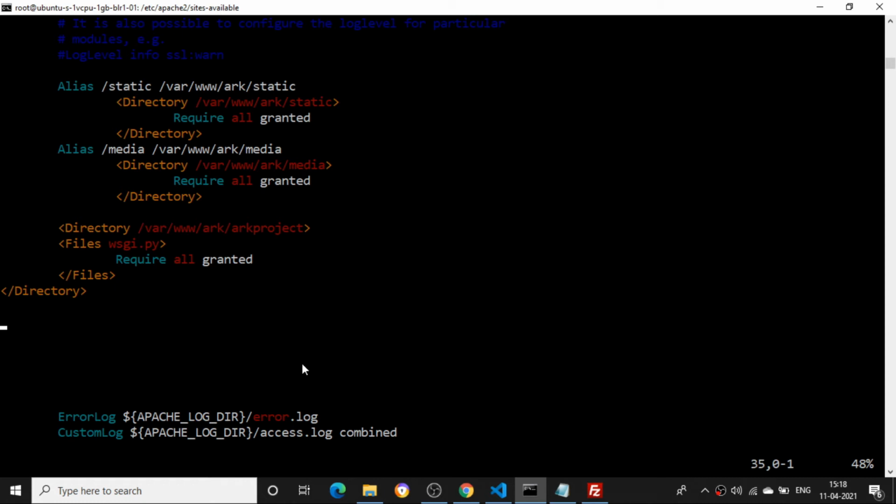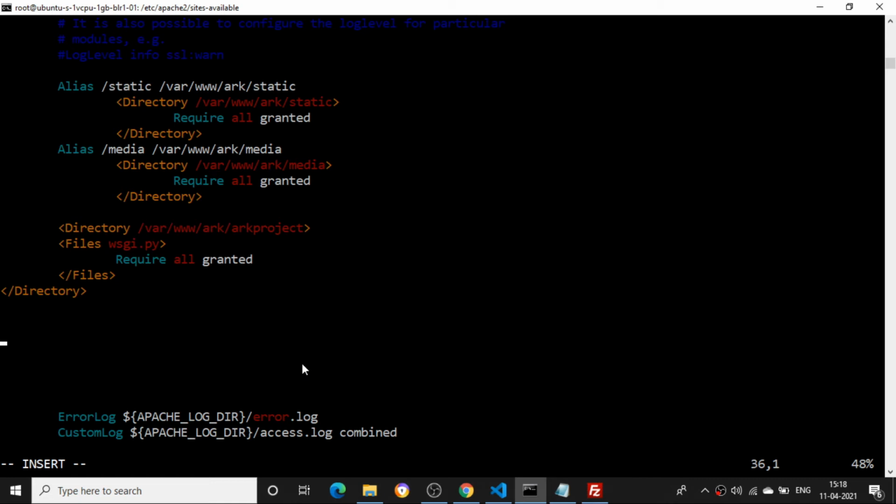Along with that, I need to run some Python. What is the particular Python path it is taking to run this process? Here I need to give the daemon process, so I need to add WSGIDaemonProcess. For that, I'll press I again for insert mode. After this one, I need to run the daemon process.